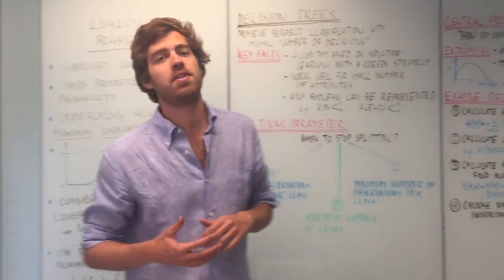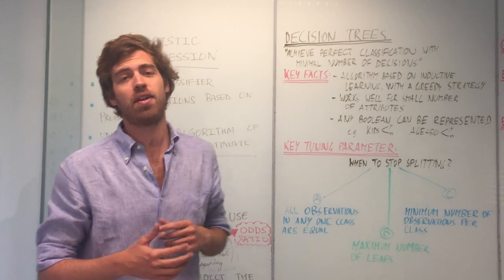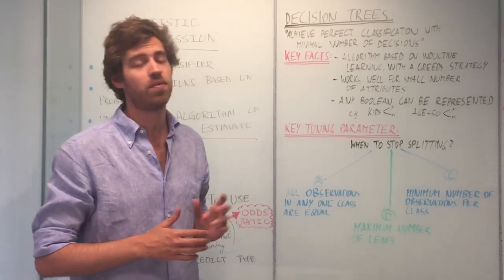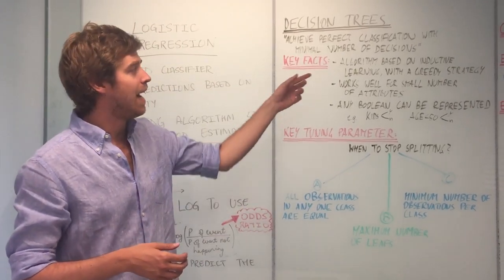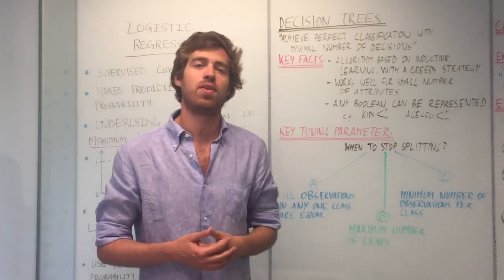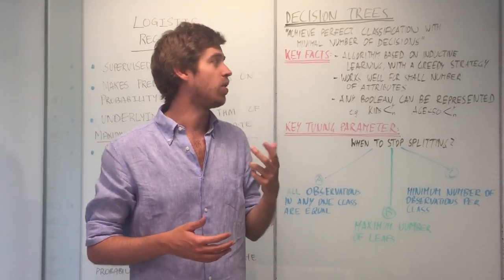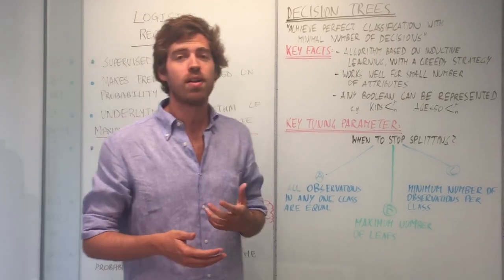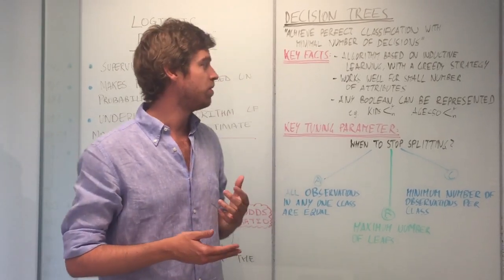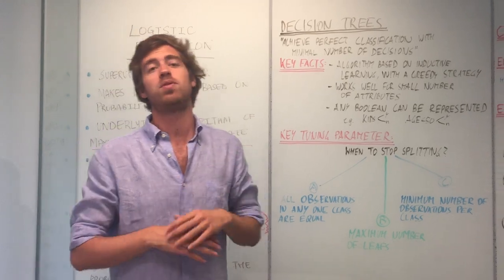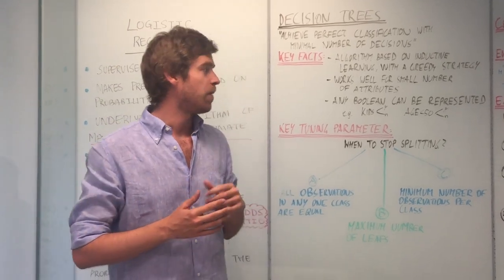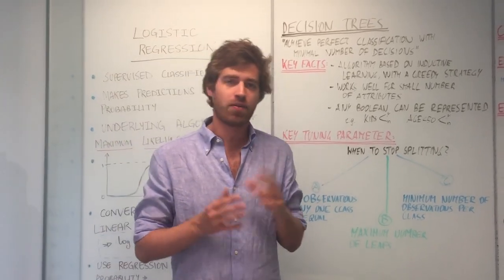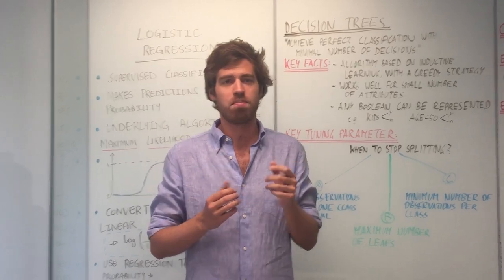So the goal of a decision tree is to achieve perfect classification with a minimum number of decisions. The algorithm is based on an inductive strategy with a greedy algorithm. It works very well for a small number of attributes, but can't be used if you have hundreds of variables. And any Boolean can be represented, for example, kids, yes, no, but you can also take